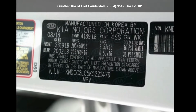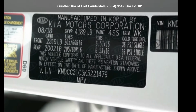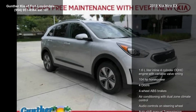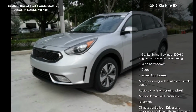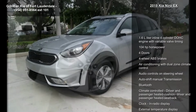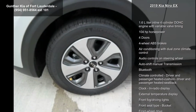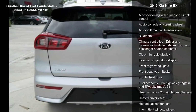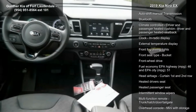Imagine yourself in this Kia 2019 Niro EX. This may be the set of wheels you've been looking for. This vehicle's top features include a 1.6-liter inline four-cylinder DOHC engine with variable valve timing, 104 horsepower, 4 doors, 4-wheel ABS